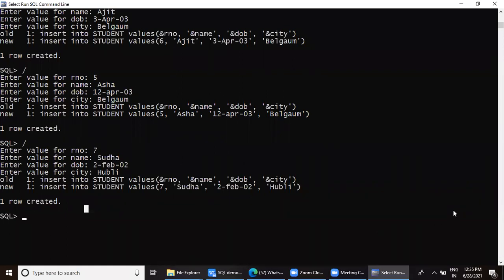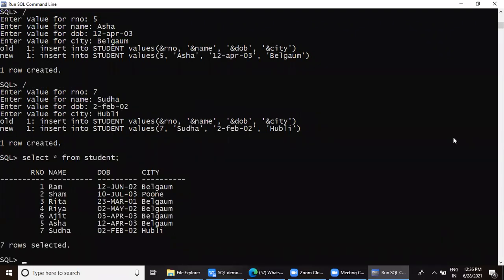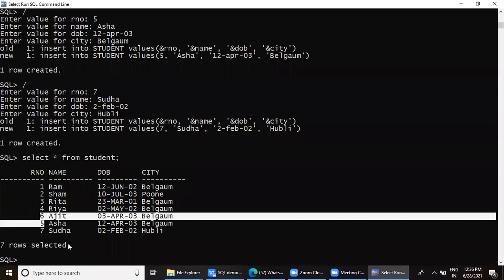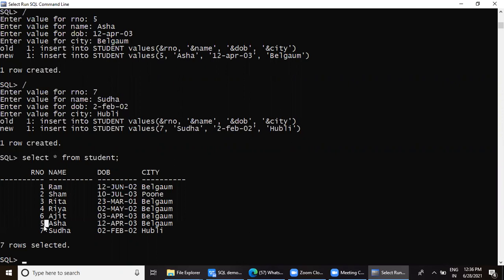Last time we used for displaying all the records, we said select star from table name. So this command we had seen. See all these records we have inserted 1, 2, 3, 4. Now here the sequence is little bit changed. Instead of displaying 5 and 6, it has displayed 6 and 5. Why? Because we went on inserting in the same sequence. Doesn't matter how you insert or how the records are stored, doesn't matter to us. According to the requirements, we can always change the sequence of the records. How? That is what we will see in the next commands.